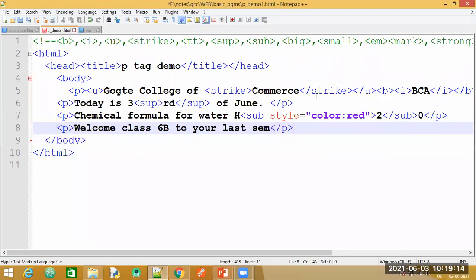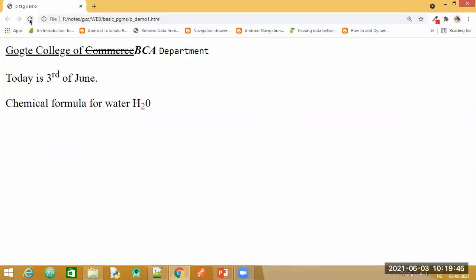So for which word should I apply the big tag? Let me say we will apply it for the word welcome. So where do I need to write it? Before the P tag or after the P tag? After P tag. So we will write here only for this one word, and let me end it here. See here, the word welcome. You can see it is a little bigger than the rest of the text in this sentence.